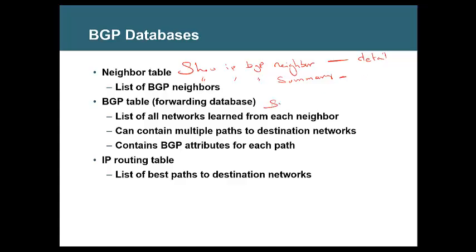When you type show ip bgp, then you can see the BGP table, where you will see all the routes that are learned via BGP and the attributes attached with those routes.